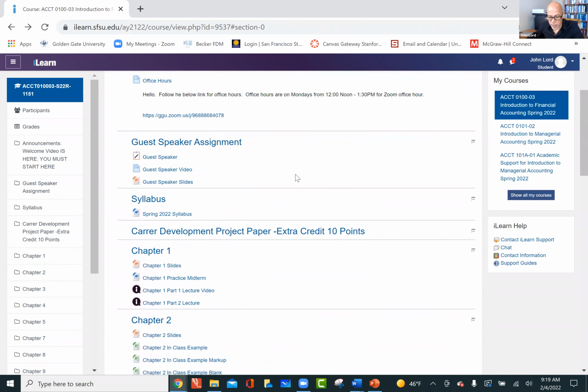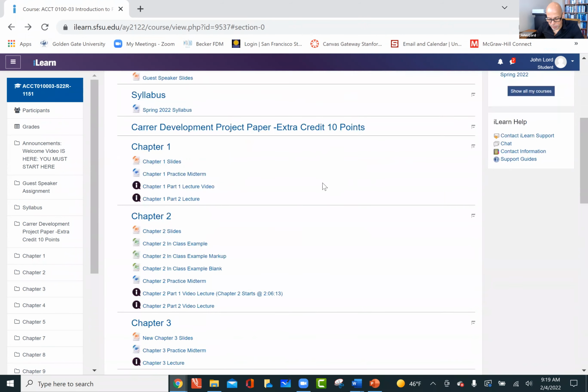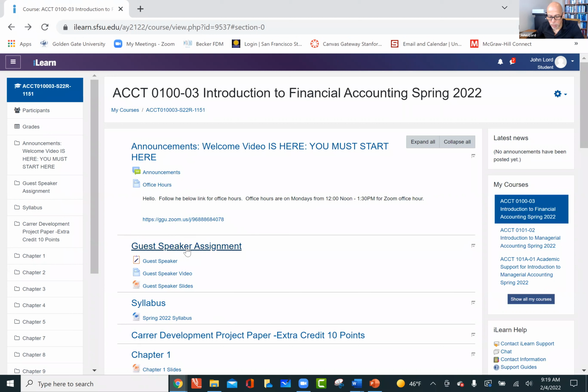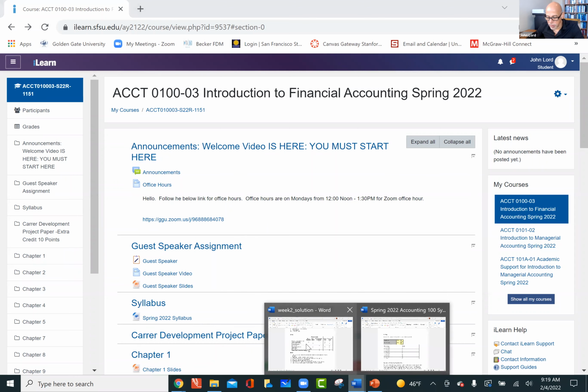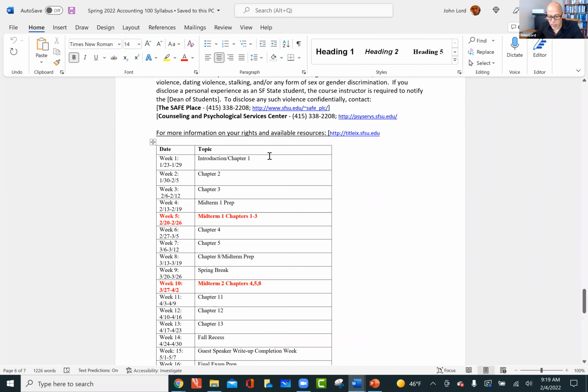Typically, I will put the exams, you know what I'll do? I'll create a module that I'll put near the top here, okay? And I'll call that exams. You'll click in to the exam at the designated time and take the exam. I give you 3 hours to take a 30 multiple choice exam. You'll do it right here in iLearn online.